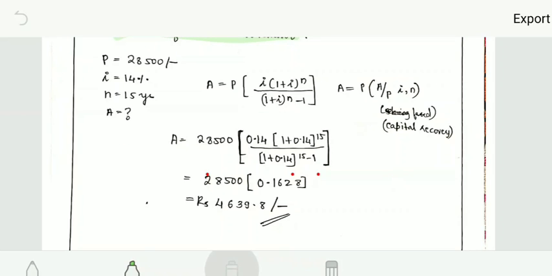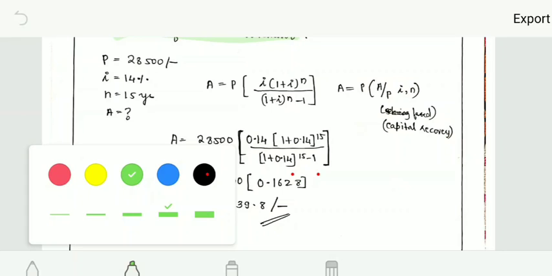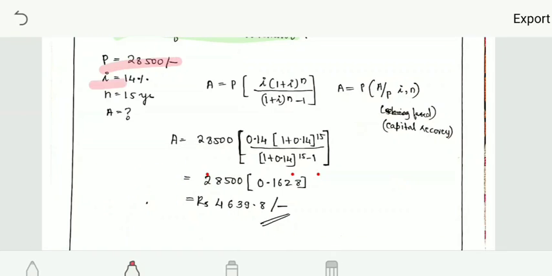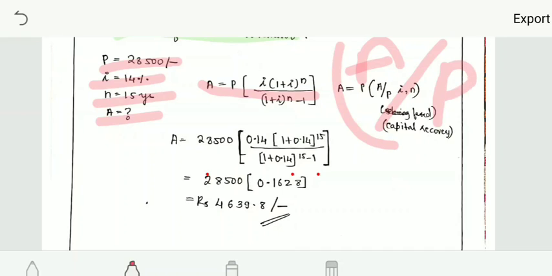So the present worth is given to you, and you are finding out A. So it is the second case of factor, that is, the capital recovery factor. So A is equals to P times, you have a formula, you are finding out the amount for the already given present worth. So you are finding out A by P. You have to check this column in your interest table. So A is equals to P, A by P, I comma n. Just substitute, you will be getting the answer.